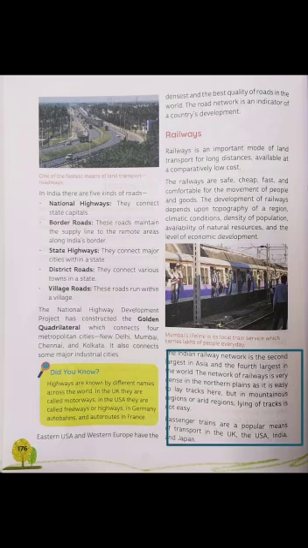The network of Indian Railway is the second largest in Asia and the fourth largest in the world. The network of railways is very dense in the northern plains, as it is easy to lay tracks there. But in mountainous and arid regions, track building is not easy. Passenger trains are a very popular means of transport in the UK, US, India and Japan.